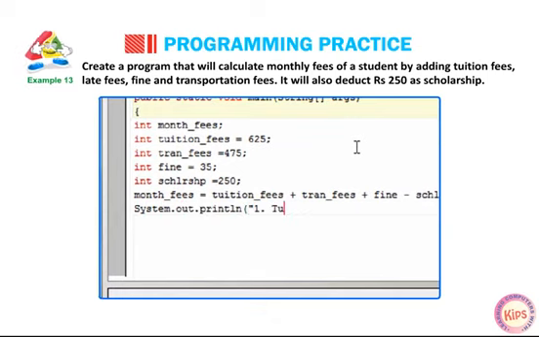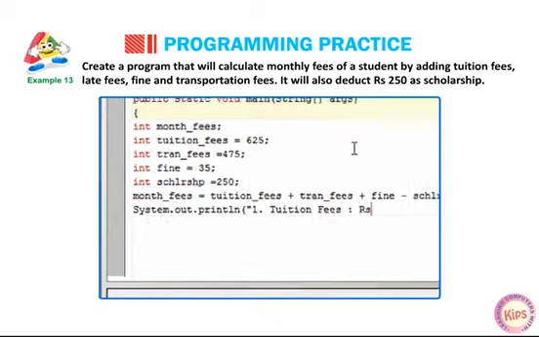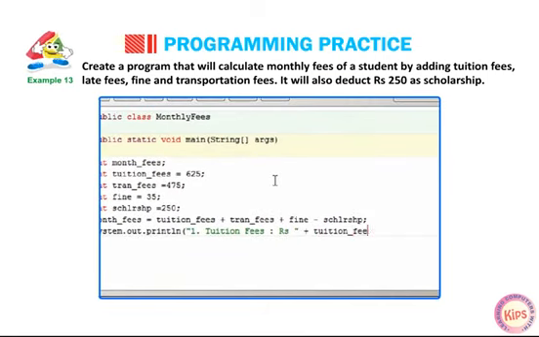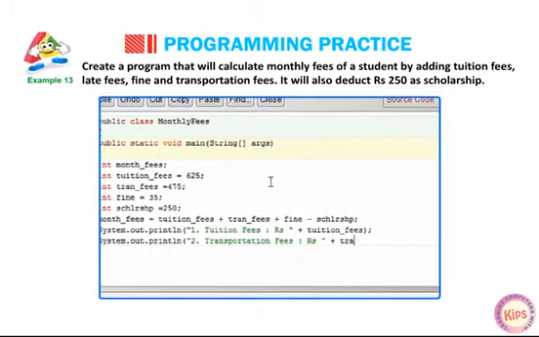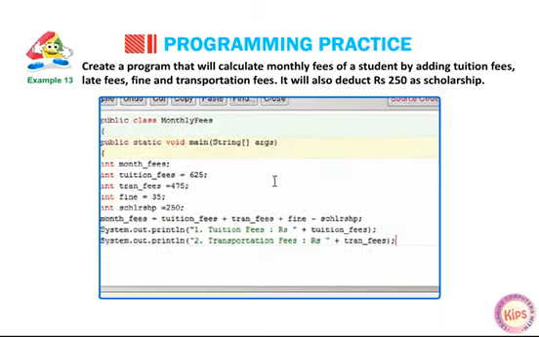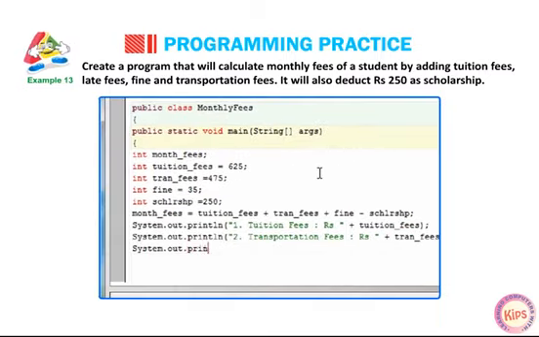System.out.println("\n1 Tuition fees: Rupees " + tuition_fees); System.out.println("\n2 Transportation fees: Rupees " + transportation_fees); System.out.println("\n3 Fine: Rupees " + fine); System.out.println("\n4 Scholarship: Rupees " + scholarship);